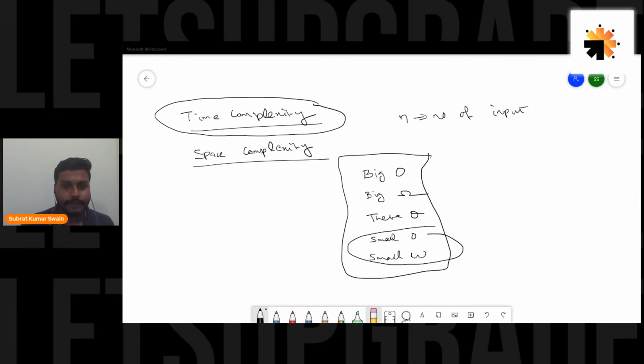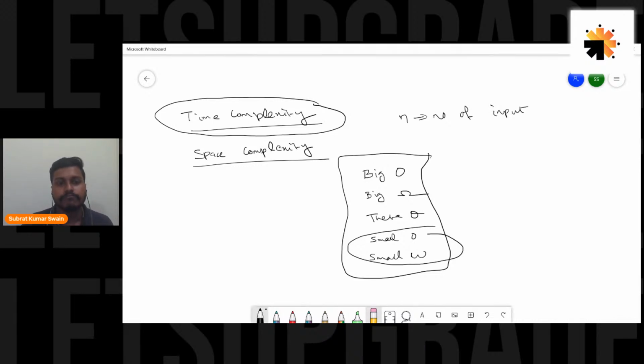Fine then. So I was saying about this. We have these notations to identify the time complexity. There are different notations through which we indicate our time complexity, different ways in which we notify for different scenarios. Actually, there is big O, big omega, theta, then small o and small omega. There is no small theta actually. Some people also call theta big theta, but there is no small theta. Got it? Among these 5, the small o and small omega we don't use. They are actually reserved for research purposes.